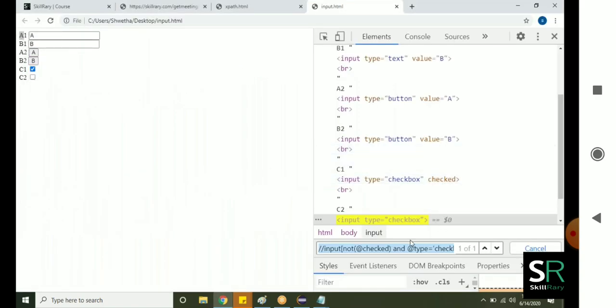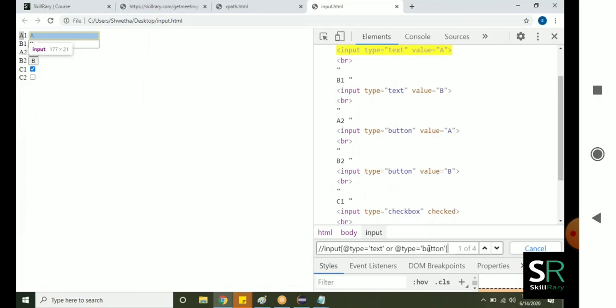For the 4th question, I have given all the text boxes and all the buttons. Everyone was using "and". "And" means it should take both conditions.